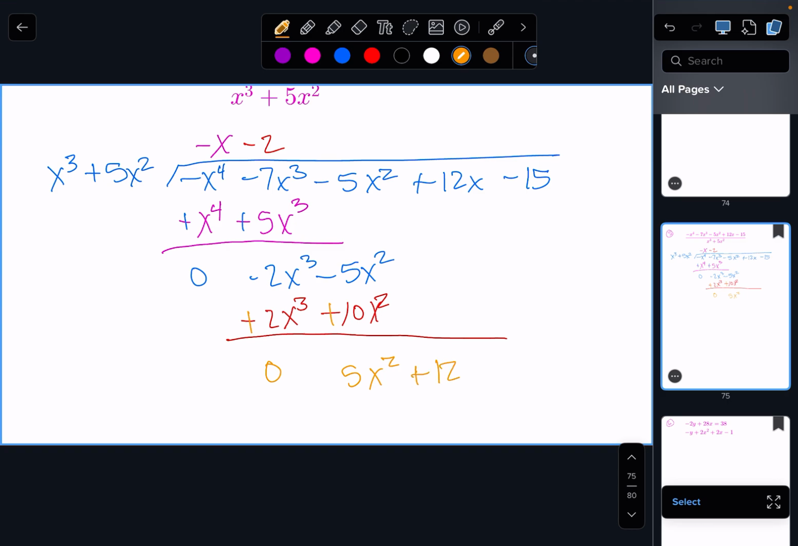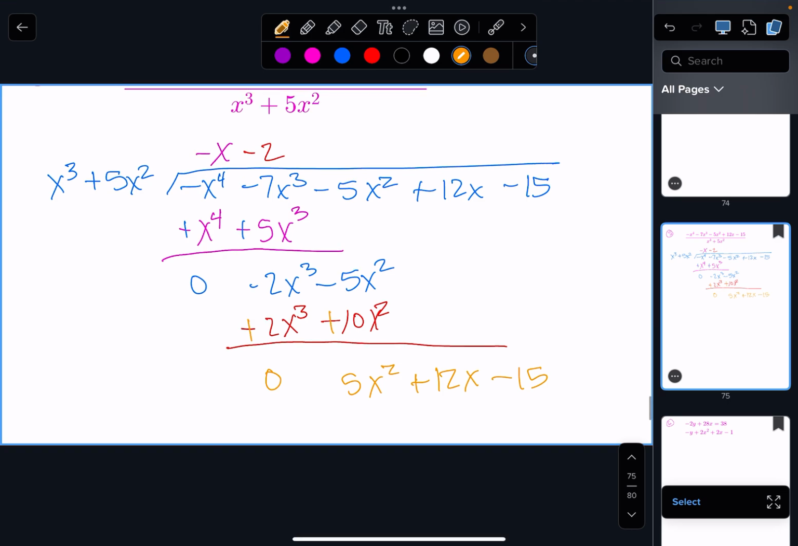Plus 12x minus 15. Oh, it feels like Aubrey just sneezed again. That is the remainder, right? So this is plus 5x squared plus 12x minus 15 over